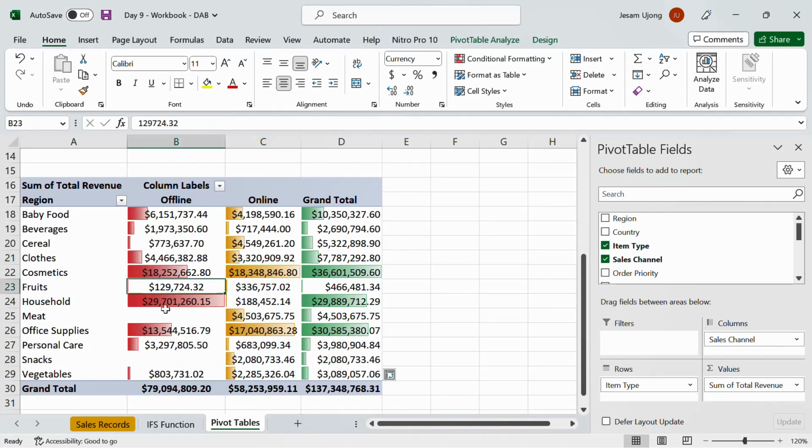So here we see that cosmetics sold the highest. Let's start with the grand total. Cosmetics generated the highest revenue in total, right? Followed by office appliances. Now let's see. For online sales, we see that cosmetics sold the most. So most people bought